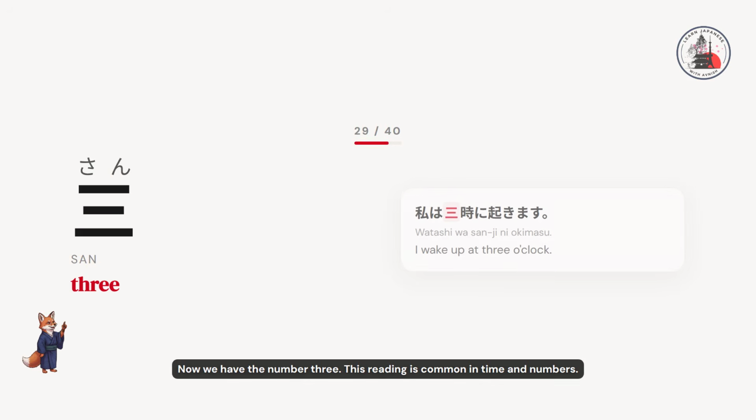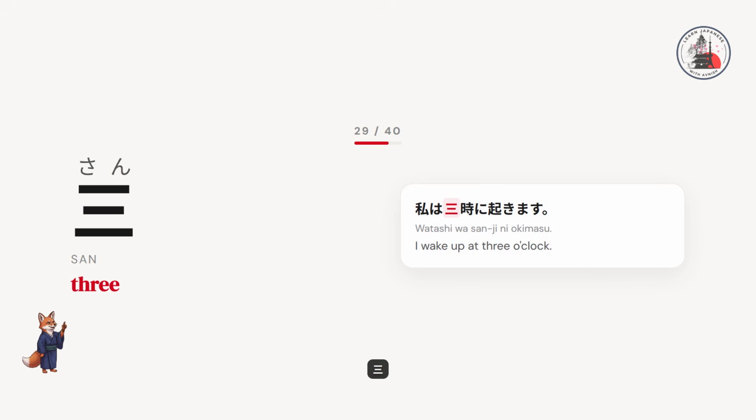Now we have the number 3. This reading is common in time and numbers. 3、3。 Listen to this example. 私は3時に起きます。